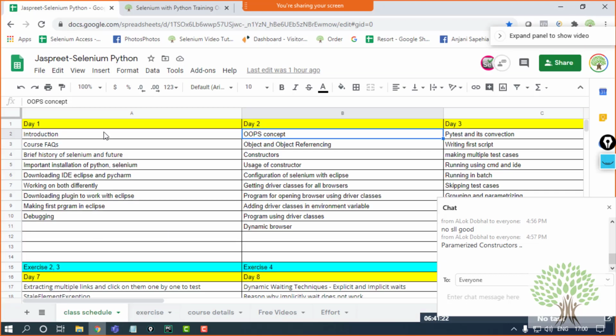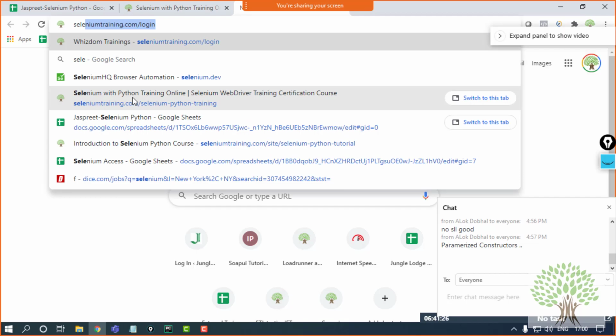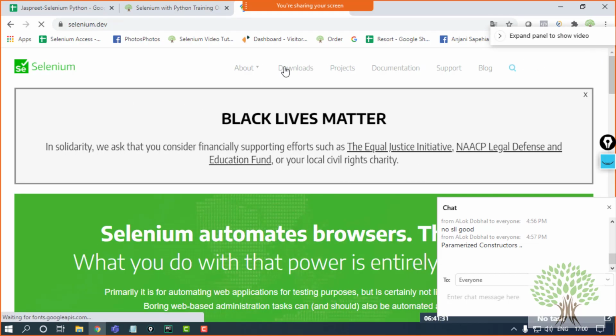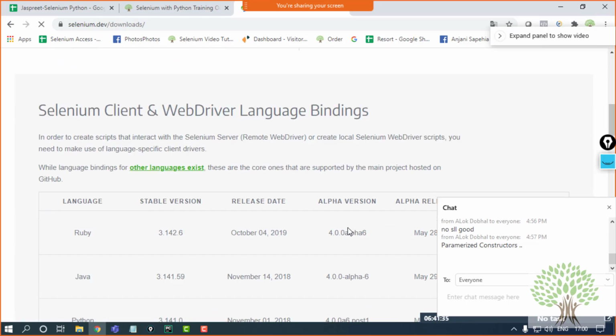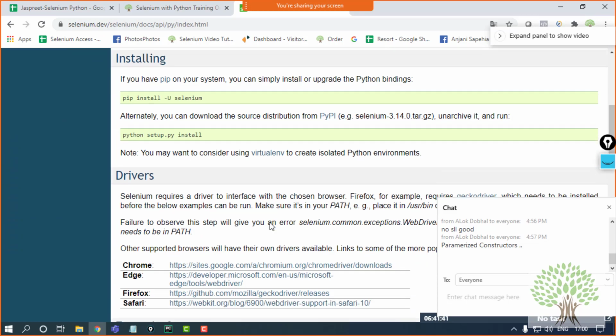I'll show you. On the official website of Selenium, you will get everything about which error is going to occur at which point. In the documentation, you will get it. I'm showing you that also so that in any case you get stuck somewhere and want to read about it, you can.